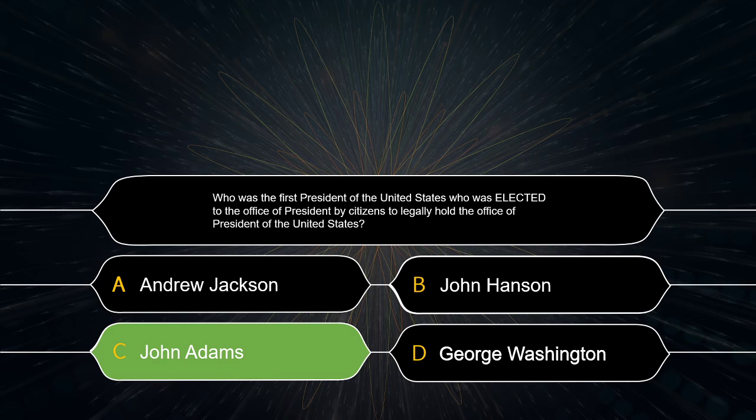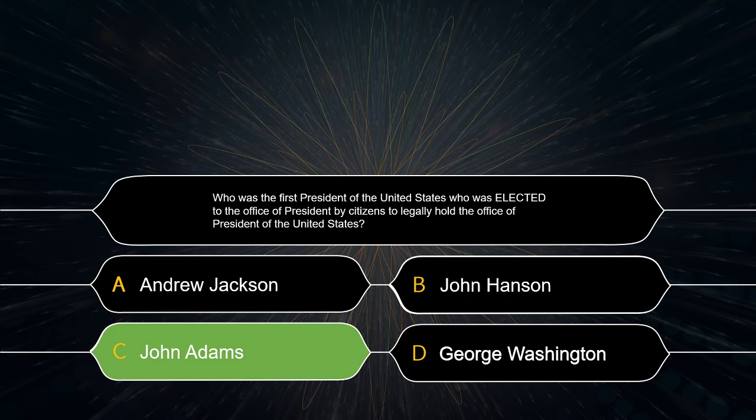sworn in and became our first duly elected president who served as president, which is not the same as who was the first who was elected towards the office of president who became president, which was John Adams. You knew that, right? All right. Those of you who say they got 2 out of 2, I'm looking at you kind of funny right now. All right, but they got to get easier, right?